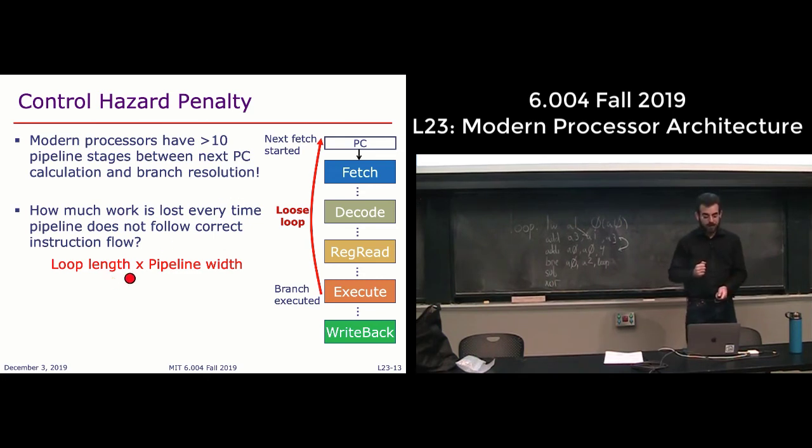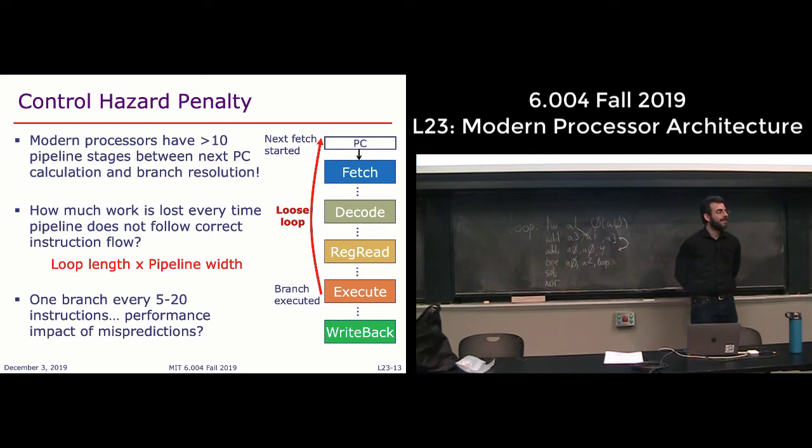In general, it's the number of stages, the length of the loop, the number of stages between fetch and execute, times the number of instructions, or the width of each stage. So in a modern processor, this number is about 60. Every mispredicted branch will cause about 60 instructions to be thrown out,